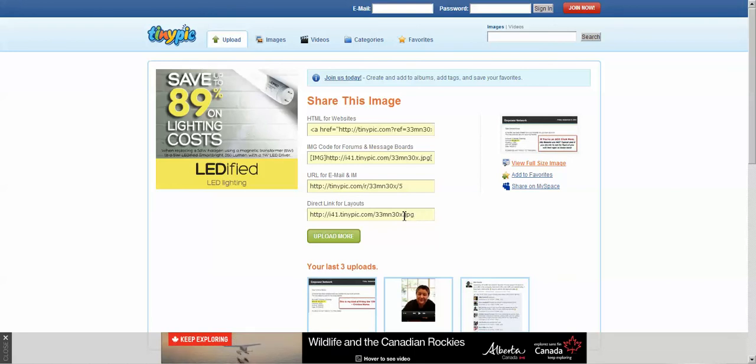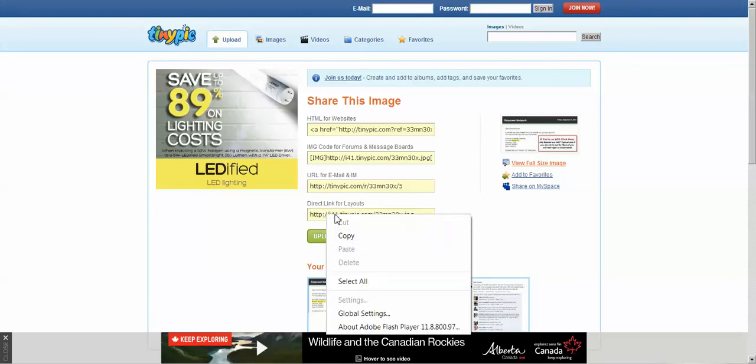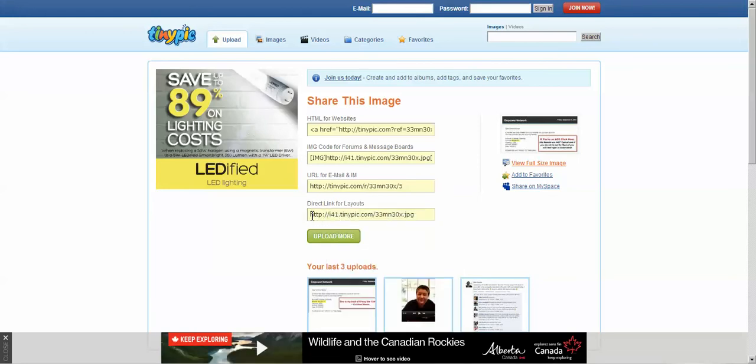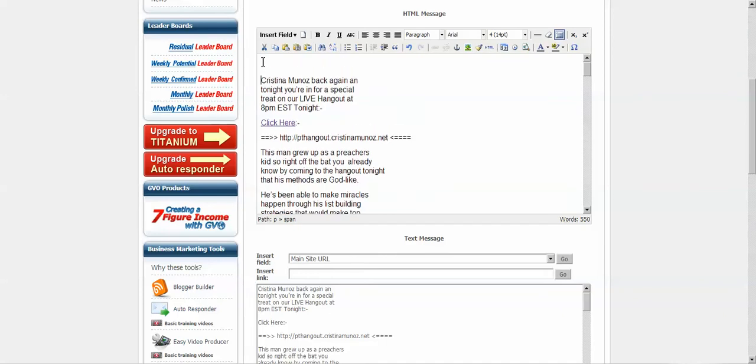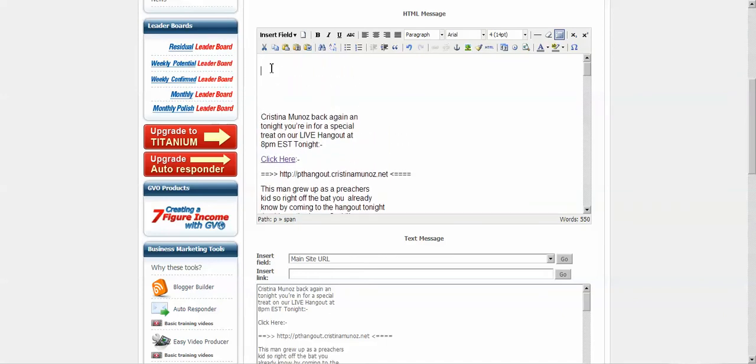So I'm going to use this one here. I don't even know what it is, but I'm just going to show you because you might want to put your photo in your signature and things like that. So I'm just going to select this and then Control C to copy, and I'm going to show you what to do with an image. Okay. So I'm just going to go over here, enter. We'll have a little play. Then to add an image, you go here.